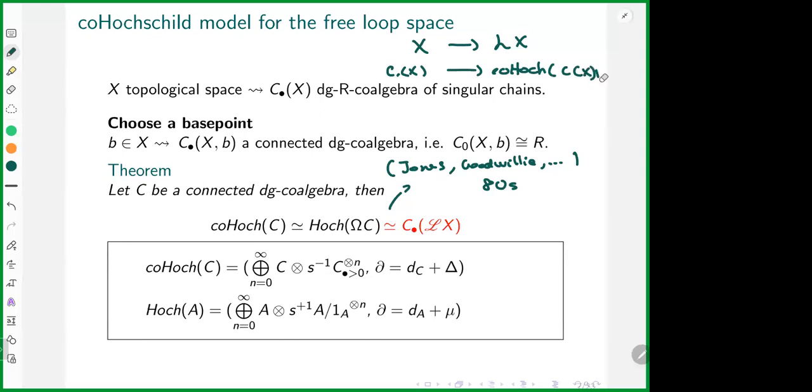Right? And I get essentially the same information topologically. Okay. So these are some results from the 80s. Now,